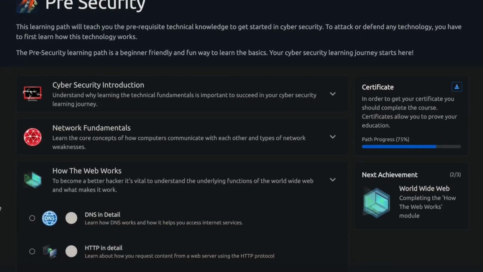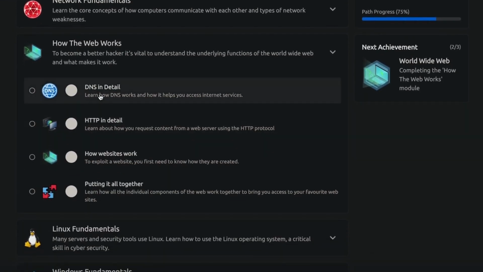In this video, we're going to be going over What is DNS. This is a section in the How the Web Works section of the pre-security path on TryHackMe. So what the heck is a DNS? And why is it that every time something goes offline like Facebook or Twitter, everyone says that it's the DNS's